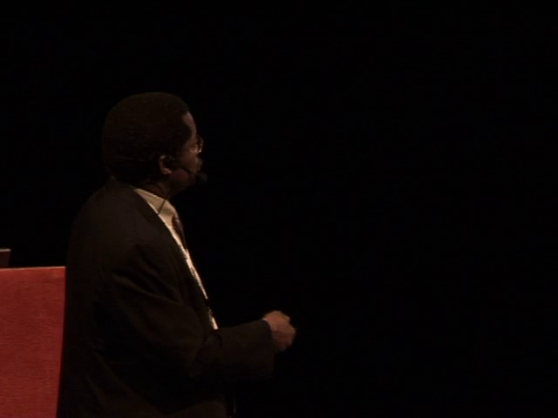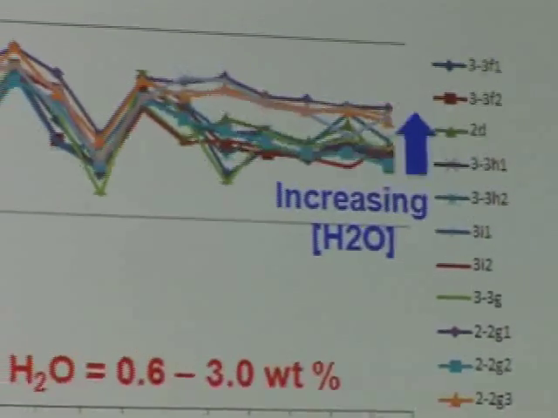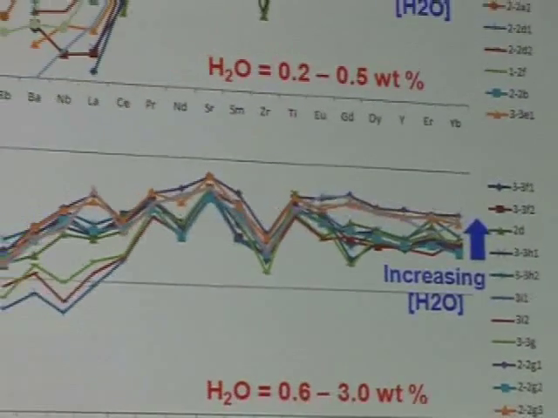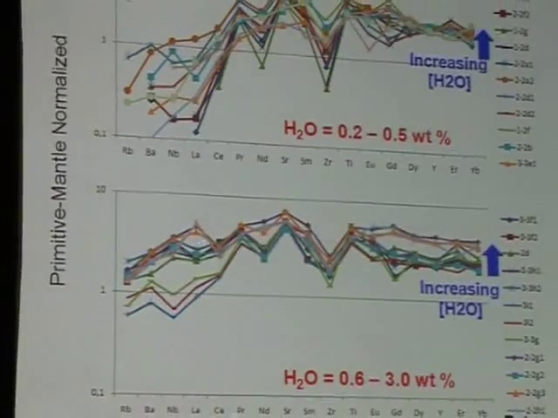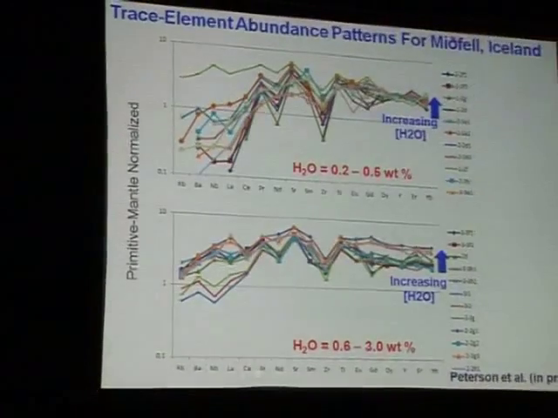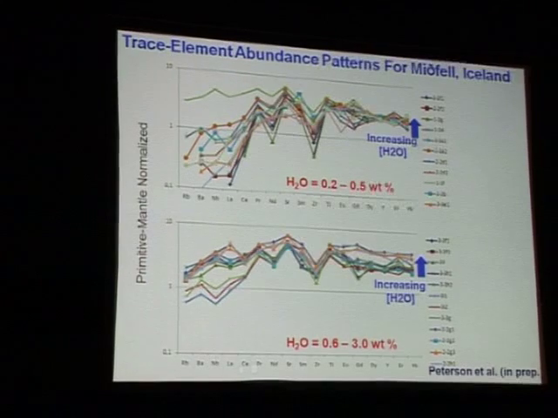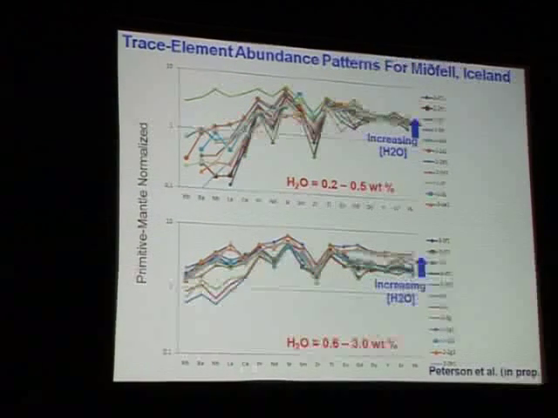Another detail that's quite interesting is that within this group of melt inclusions, we see increasing water concentrations corresponding to increasing trace element abundances as well. A similar observation has been made using other trace elements, particularly the large ion lithophile elements. With high water, we see values for rubidium, barium, niobium around 1, and with low water concentrations, we see tremendous depletions in those same elements as you see repeated here.